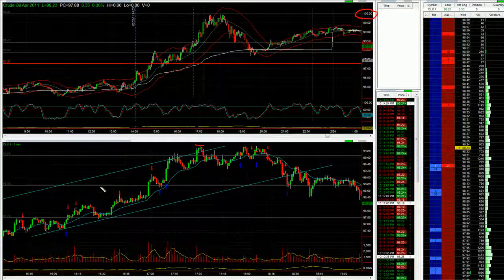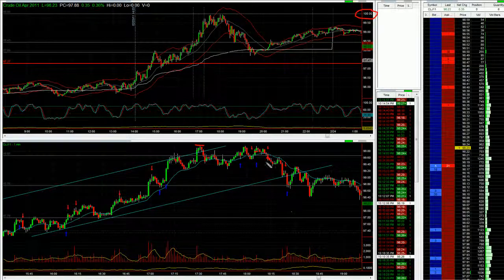Did it do any serious damage? No, it didn't. Did I learn from it? Yes. Is it probably worthwhile overall? Yes, it is. Moral of that lesson: don't try and get aggressive looking for breaks. I know 100 is a key level on oil, and everyone's looking at it. And as an oil trader, you want to be trading the break of 100, don't you? But you don't. Put it all aside. Just trade the setups, and the setup wasn't really there. And okay, fine, I'll probably take it again, but why not scale some at the high, make it risk free? I don't know. Anyway, so that was that.